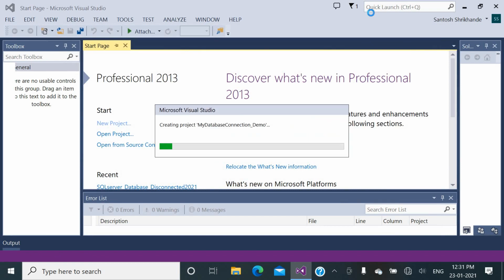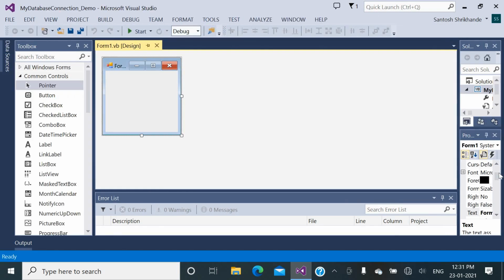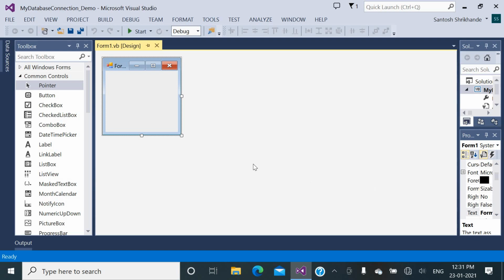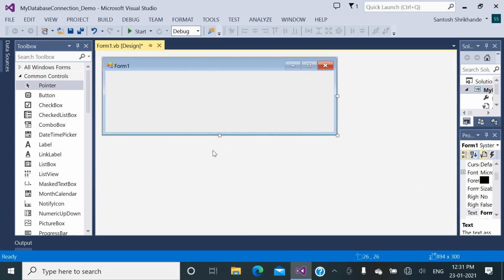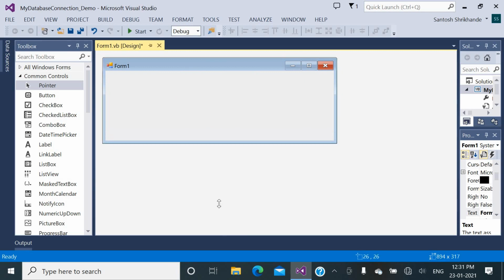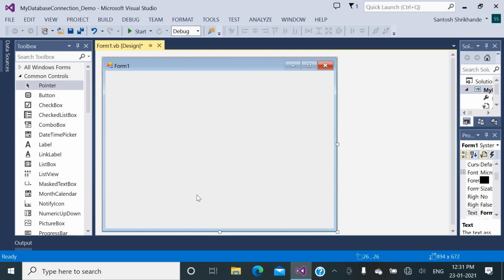Here the Windows application will be opened. You will get one form in the Windows application, and you can drag and drop controls on it. Initially I am going to connect the Microsoft SQL Server database via Microsoft Visual Basic .NET.